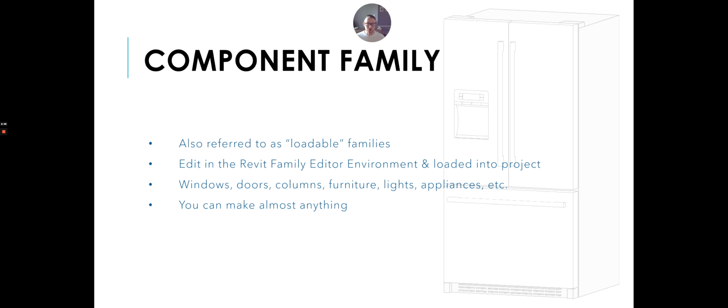Okay, so let's move on to the third type. Oh, sorry, just a note here. When people say Revit family, most of the time what they mean is a component family or a loadable family. So if you're searching the internet for a Revit family of some sort, like a pool table, you don't have to say it's a component or loadable family. The fact that you're searching for it outside of the project makes it very likely that you're looking for a component family. So that's what most people mean when they just call out a Revit family.